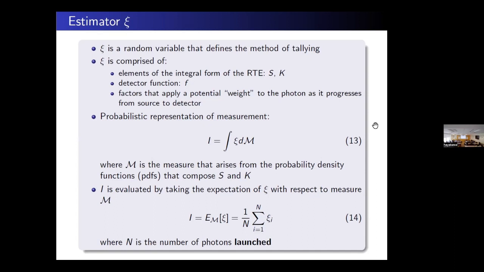And we have a detector function. There's potential weights that get applied to the photon as it progresses along its random walk. And so the probabilistic representation of the measurement I is this evaluation of this random variable C with respect to a measure. Just think of a measure as something that arises from the probability density functions that compose S and K.